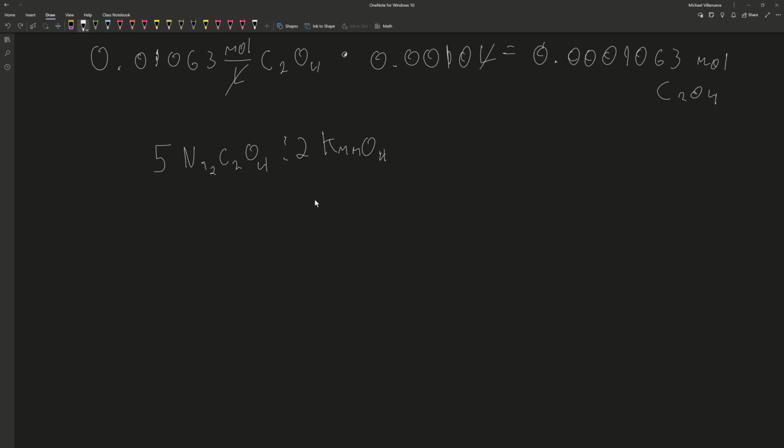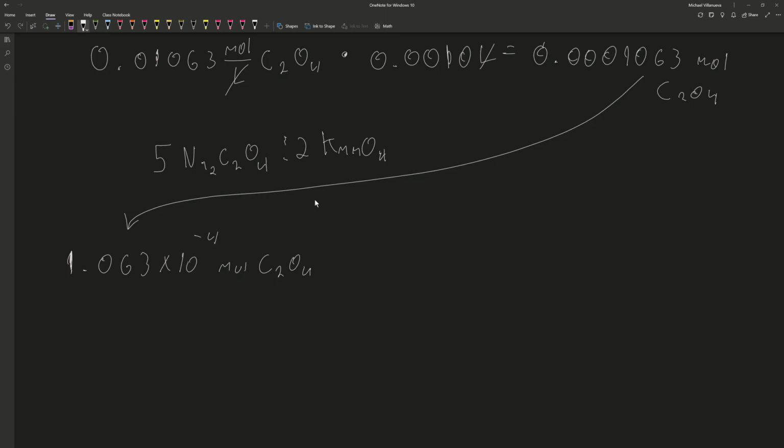Our final step is to determine, or not really our final step, we have two more steps. We are going to determine the moles of KMnO4 by saying we have 1.063 times 10 to the negative fourth. I just turned that into scientific notation. Moles,